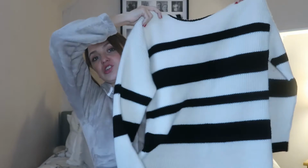I literally love Next, more so because they have the couches and the tables that you can see and the home stuff, and I've always been that person. Like when I was younger, we used to always look in the Next home section. But I basically went in there the other day and I saw some jumpers that I absolutely loved. My mum and Callum's mum actually ended up getting me one of the jumpers each for Christmas, and then I got the third one, and it's just this lovely